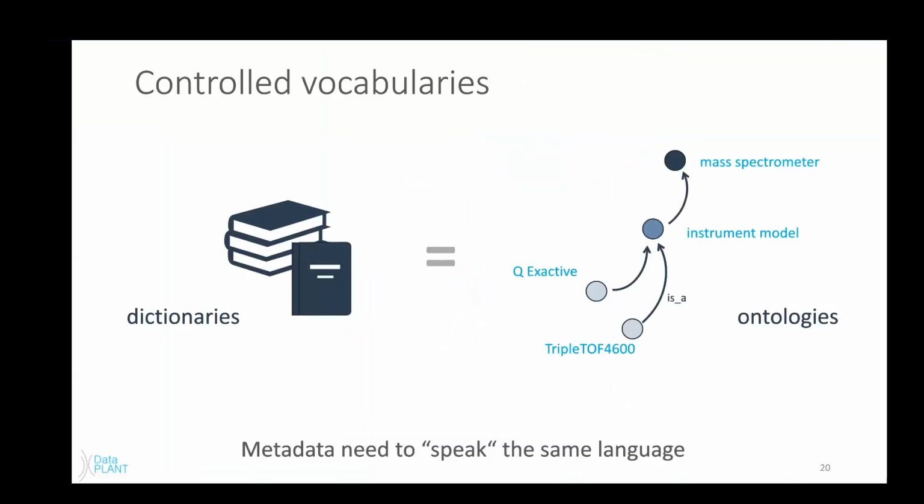So just a bit about ontologies and why they're so important to Swate and to the metadata annotation. I think many people might think of ontologies just as a dictionary. So you look into an ontology file, you see a word, you see the textual definition, and in a way it is that, but ontologies also bring structure and context to these terms. So you're able to use things like ISA relationships to link terms to each other. So you have the instrument model of a mass spec. We're actually able to build relationships between terms. So these terms do not exist in a vacuum.